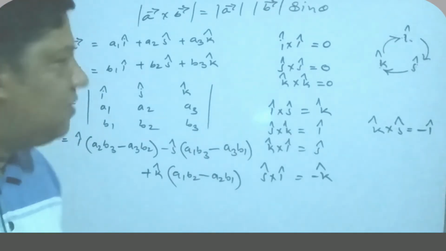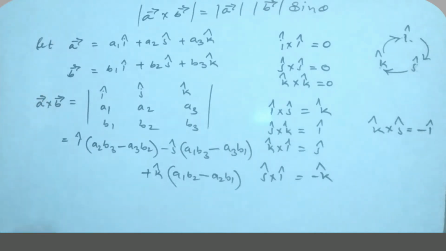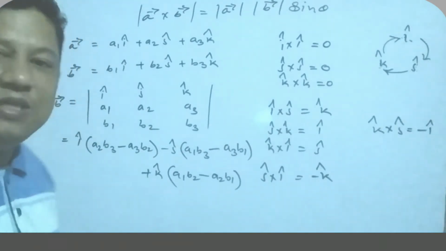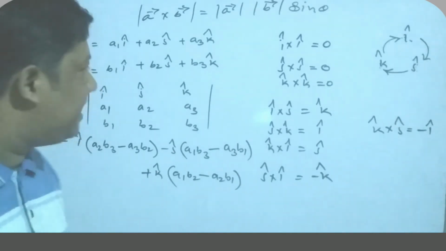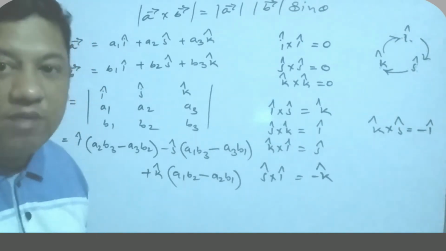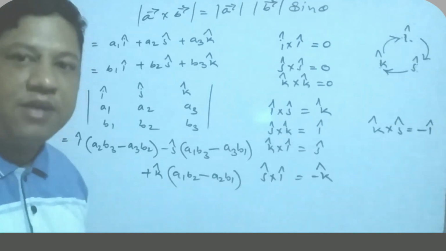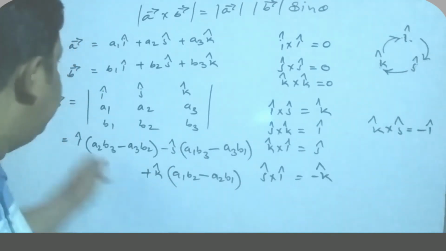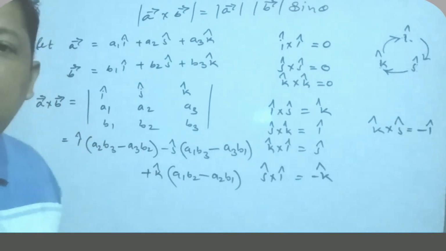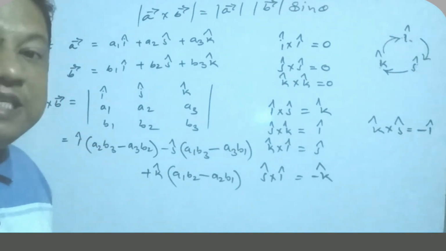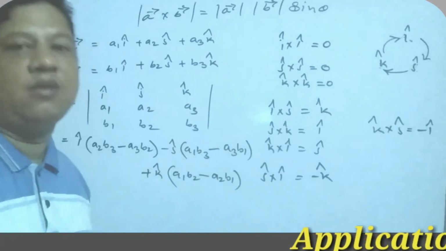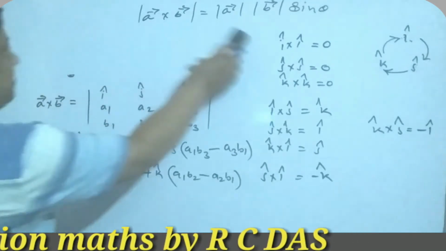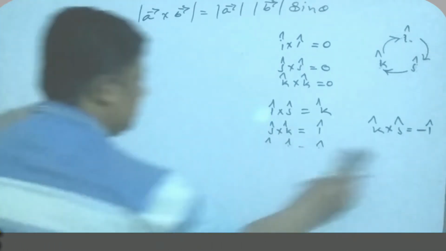Okay, my students. Next, how can you find the cross product and what is the benefit of the cross product? If any question says you have to find the perpendicular vector, then you have to use this identity. That means for a perpendicular vector, the unit vector of the cross product is always perpendicular to the given vectors. So you have to use this identity.